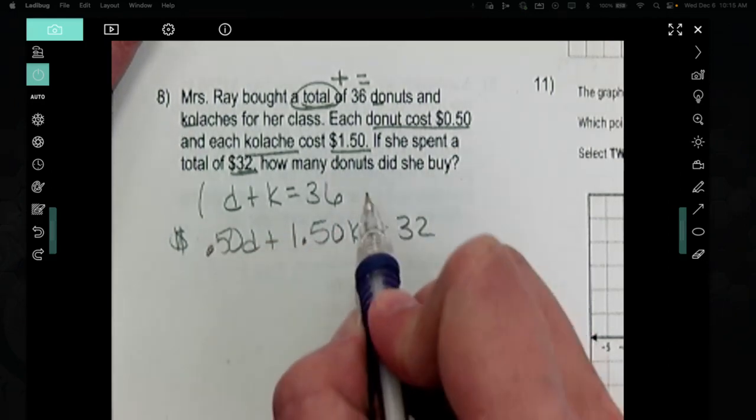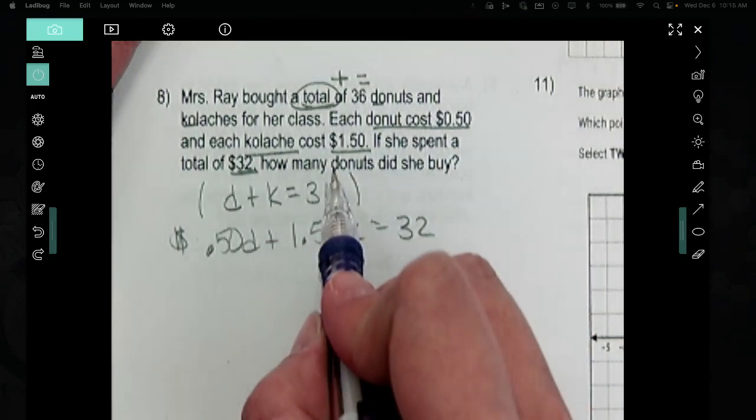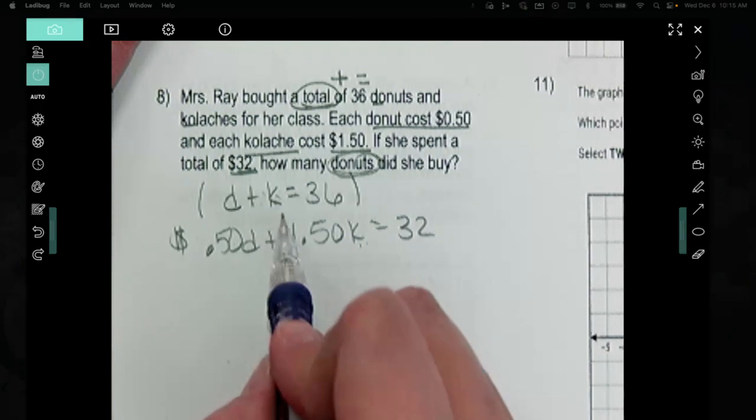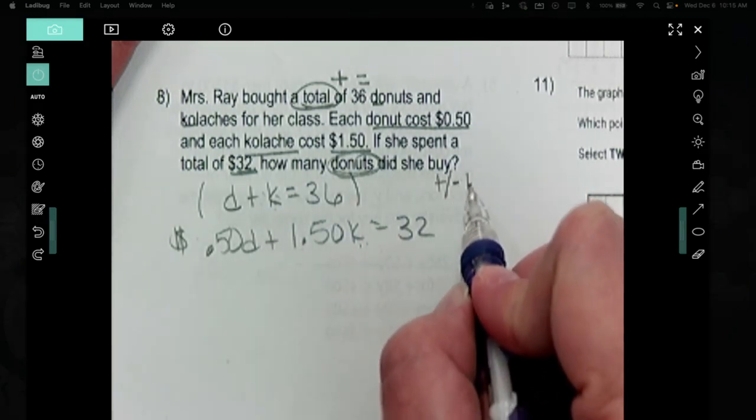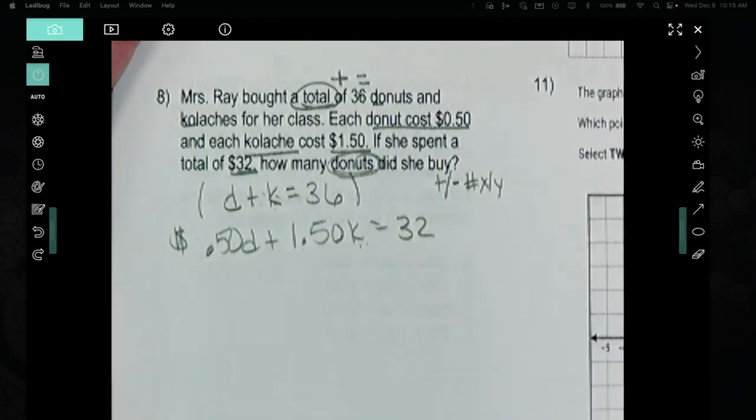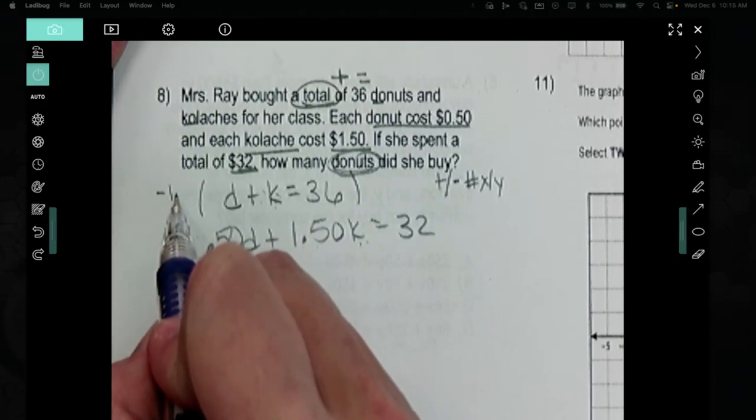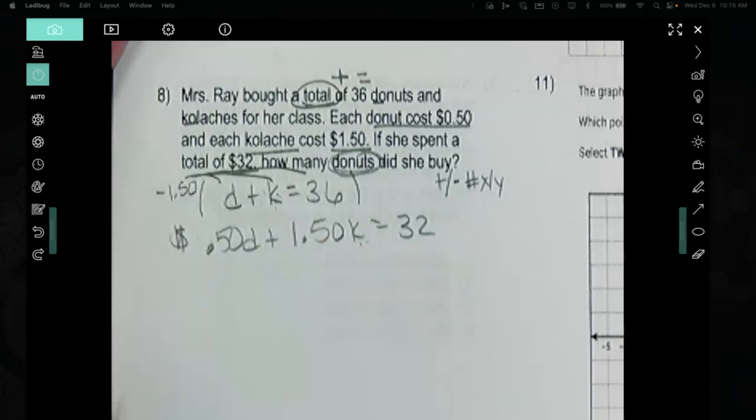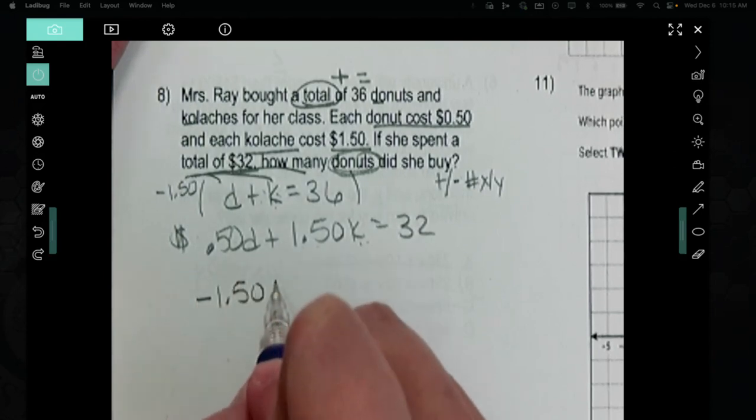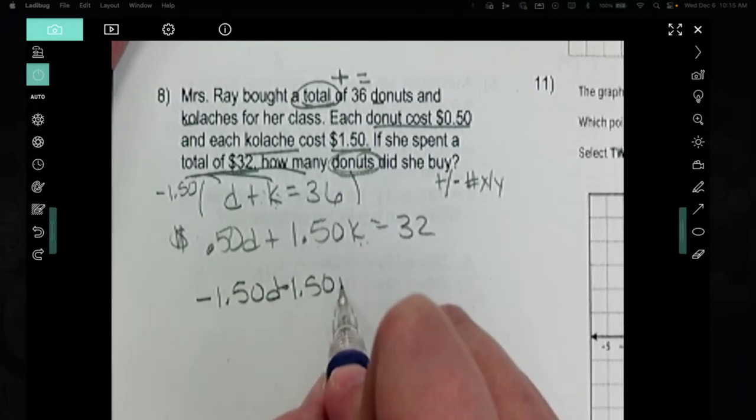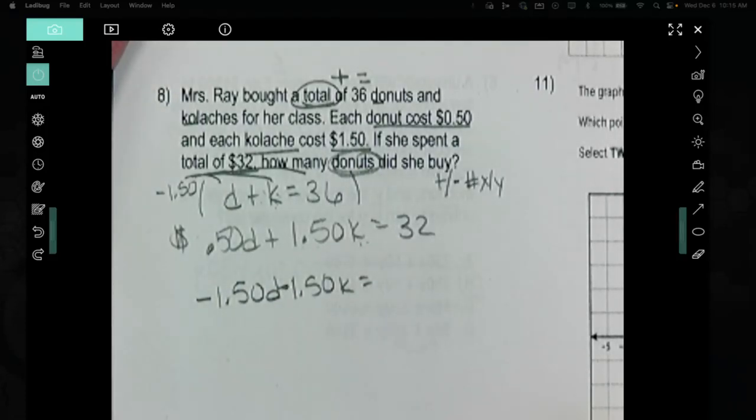I think I'm going to do elimination here. I want to find out how many donuts I have, so I'm going to eliminate my kolaches. Now, if I'm going to do elimination, I need a positive and a negative of the same number and letter. Okay, so this needs to be a negative 150 if this is a positive. So I'm going to multiply this whole top equation by negative 150. Negative times a positive is a negative. And I can use my calculator for 36 times a negative 150. And I get